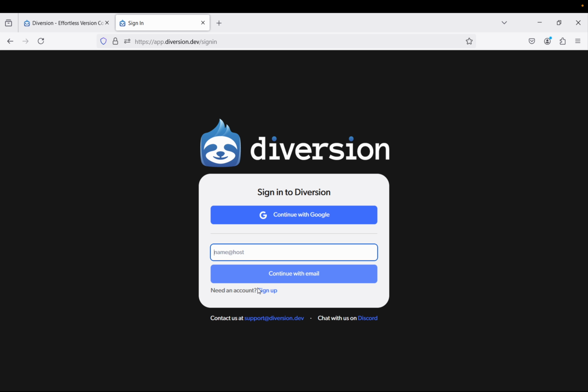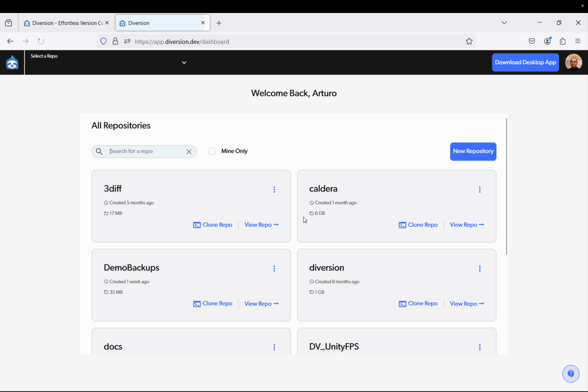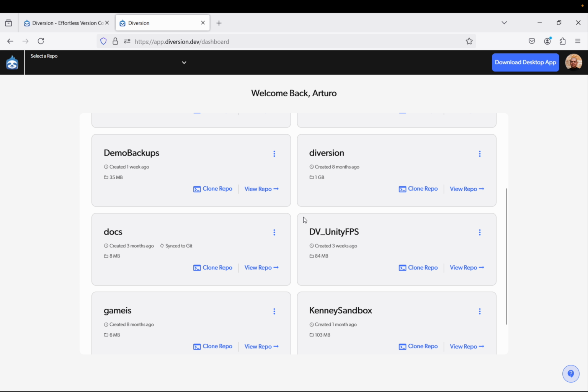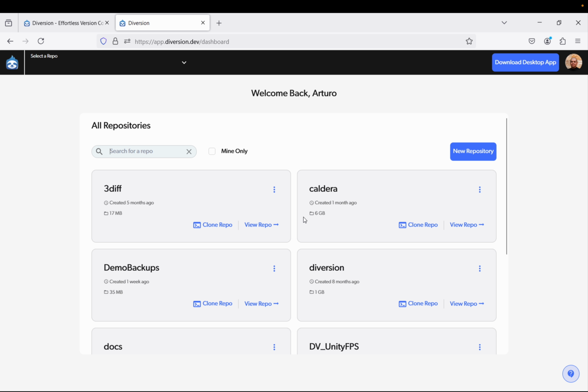It will give you an option to sign up for a new account. So click there. You can choose your Google account or sign up with your email. After you have an account, you go back to this window and click on sign in. So I'm gonna sign in with my Google account. And you can see here that this is a web UI view of all the repositories that I have on